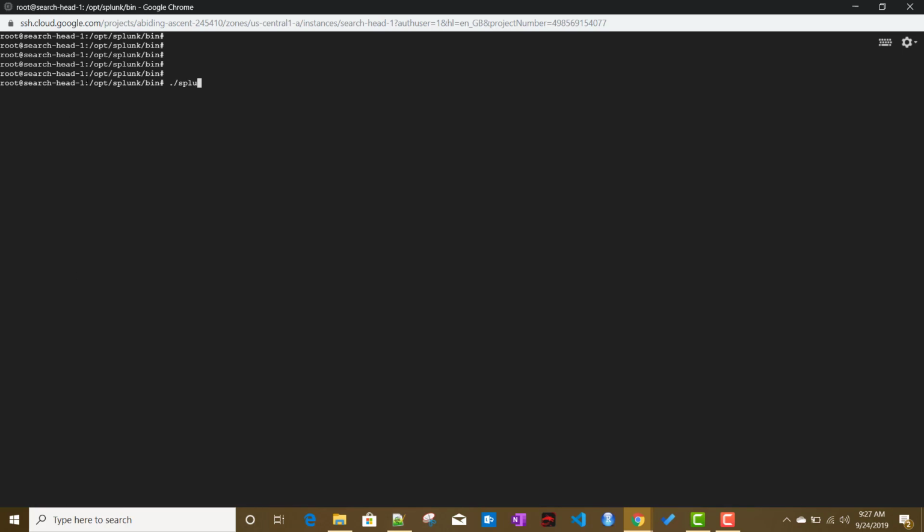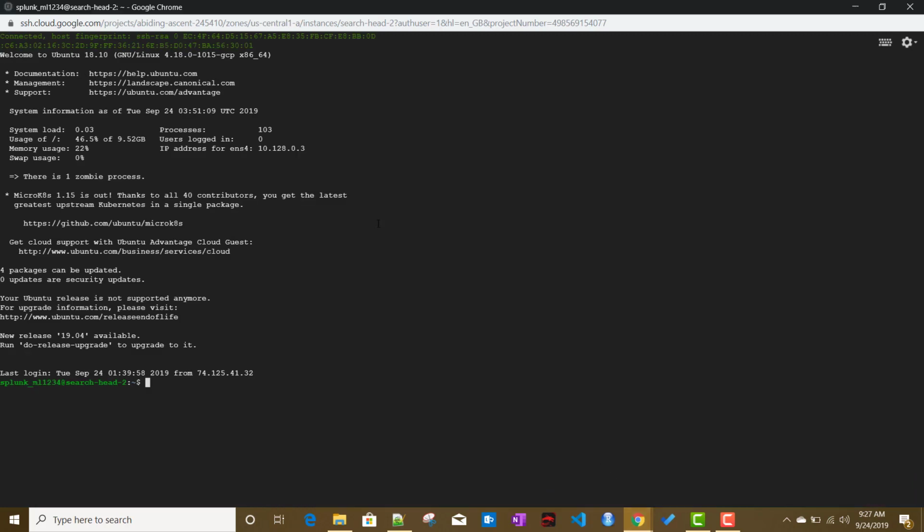Let's say this is our searched 1. Previously 1 was also our captain, so let us do it in searched 2 this time. We will sudo to su, go to the Splunk bin folder, and clear the prompt. Now we will make searched 2 the new static captain. We'll run this command, Splunk